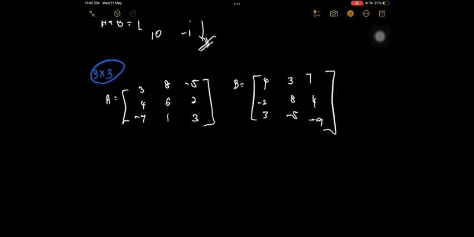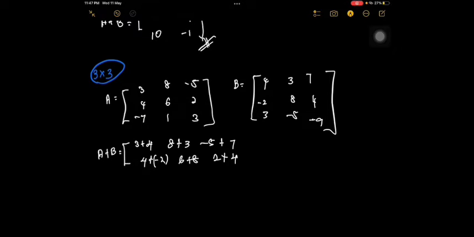So let's add the matrices we have here. So 3 will be adding by 4, 8 will be adding by 3, and negative 5 will be adding by 7. 4 plus negative 2, we put bracket here, 6 plus 8, 2 plus 4, negative 7 plus 3, and here 1 plus negative 5, and 3 plus